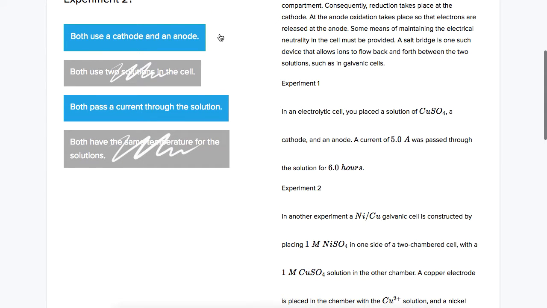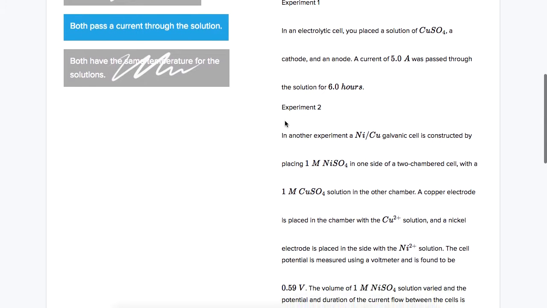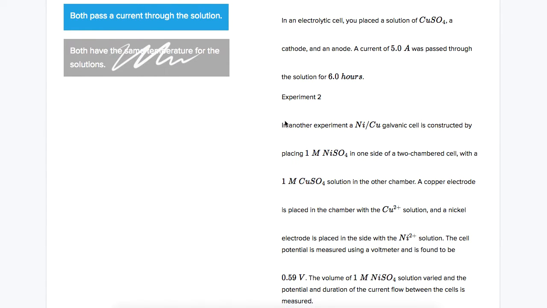Both use a cathode and an anode. Both pass a current through the solution. So we know a current was passed through it. So let's see. Was a current passed through the other one? And was a cathode and an anode used? In another experiment,